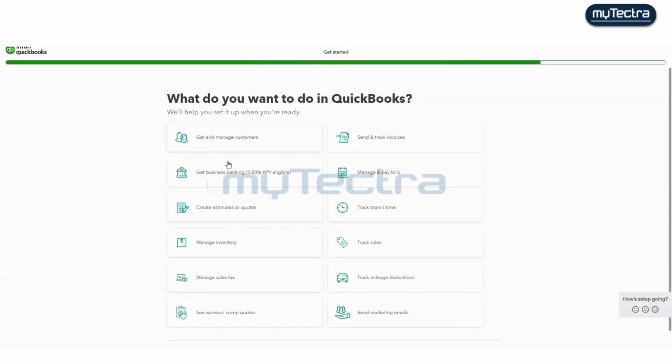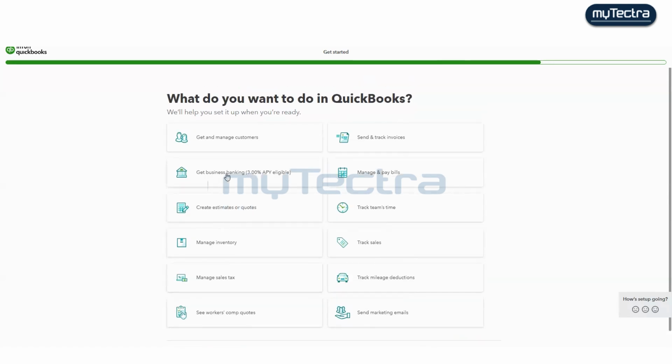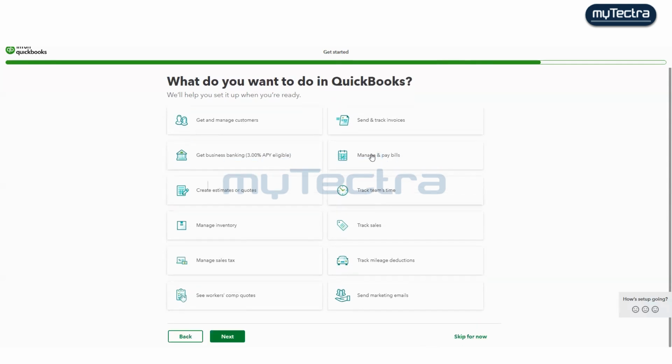What do you want to do in QuickBooks? Of course we are looking for bookkeeping, like managing customers and tracking invoices, managing payables. Okay, let's skip for now. I don't want to tell anything.